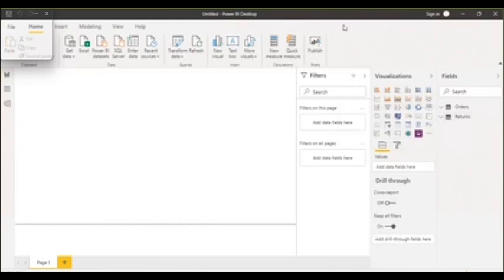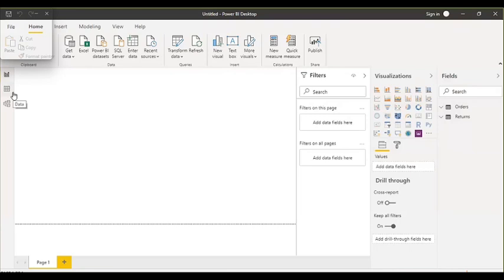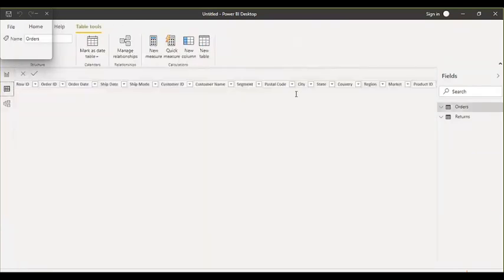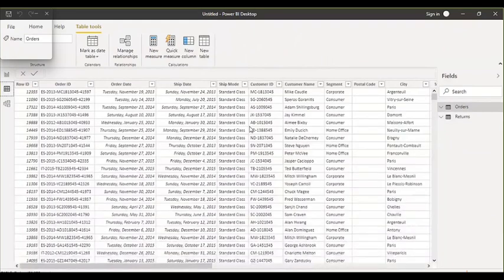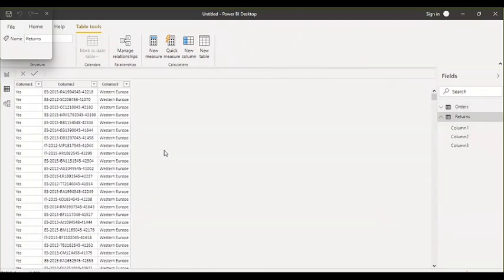All right, so now data has been loaded in Power BI Desktop and we have the data here. If you want to see the tabular preview of this data, you can see there are three tabs, right? Report tab, data tab, and model tab. You need to go into the data tab and you can see the data of the selected table. If I select returns table, here you can see returns table data.